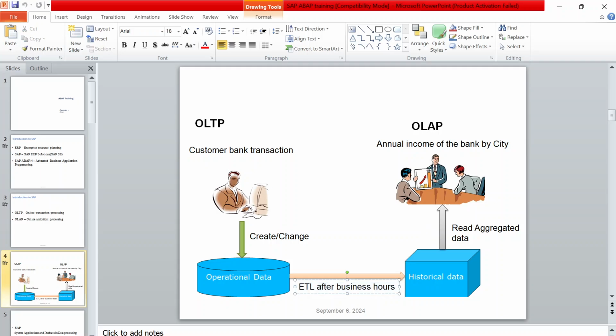When will this ETL process begin? After business hours, after closing the business, maybe after 9 p.m. or 10 p.m. Usually this ETL load will start to extract the transactions created on that day from OLTP to the OLAP system. So by using that historical data, the management of the organization will generate the reports, right, to